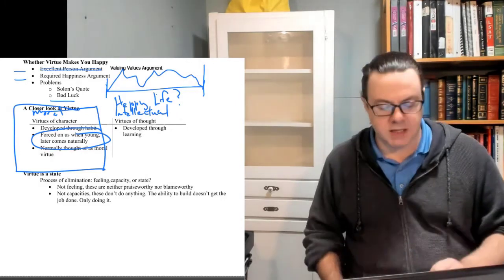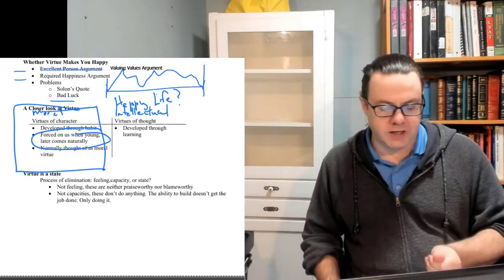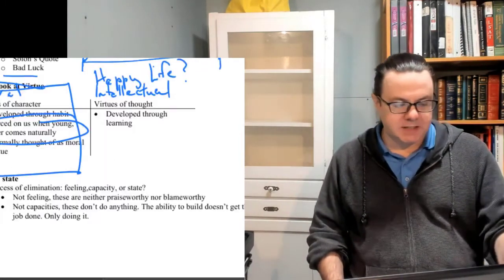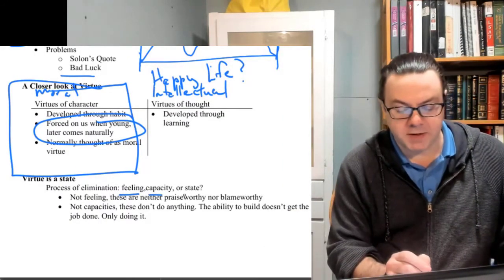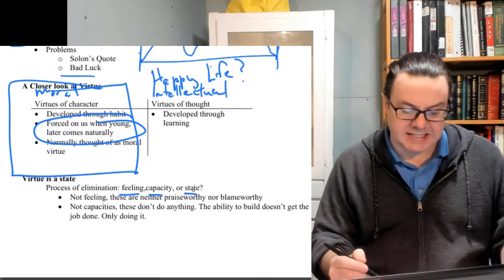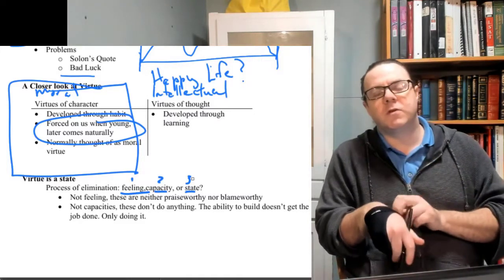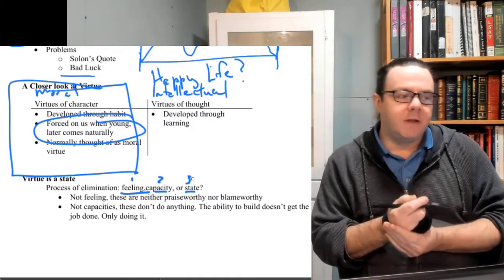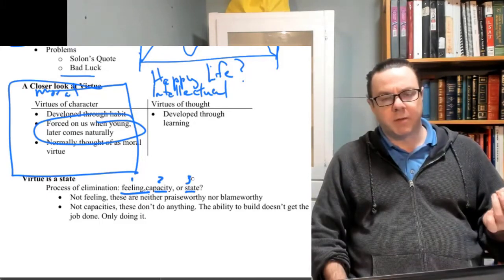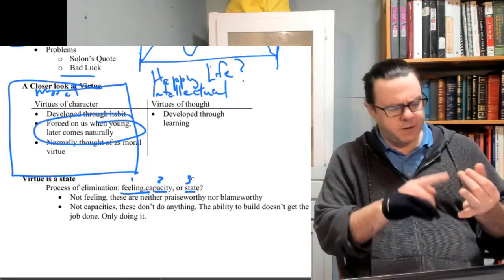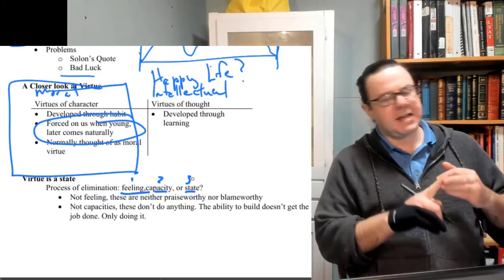Another question that he wants to resolve is what kind of thing virtue is. And what he has in mind, he specifies, is it a feeling, maybe it's a capacity, or maybe it's a state. So this is another argument, and this is similar to the argument he made about the nature of virtue in terms of the things we do. There was that argument about, is it nourishment and growth, is it sensation, or is it a rational activity? He concludes it's rational activity, and it seems